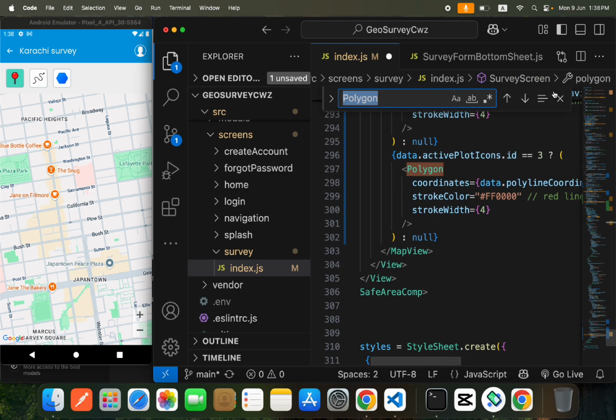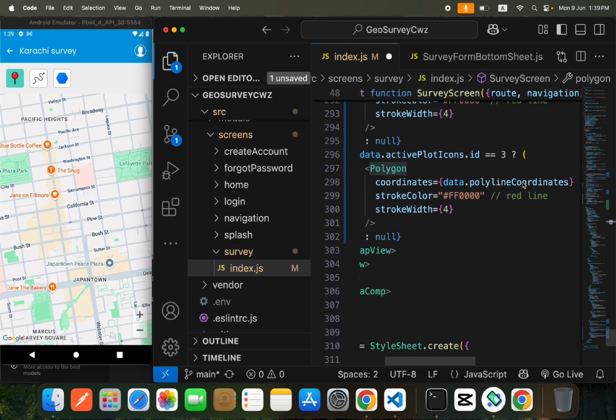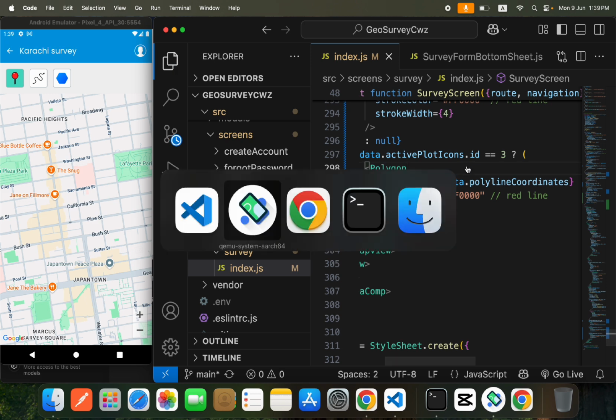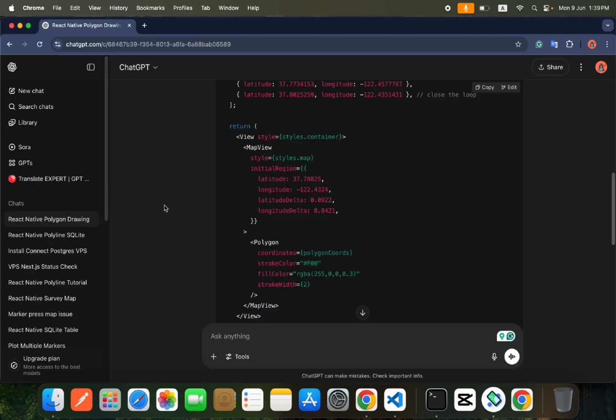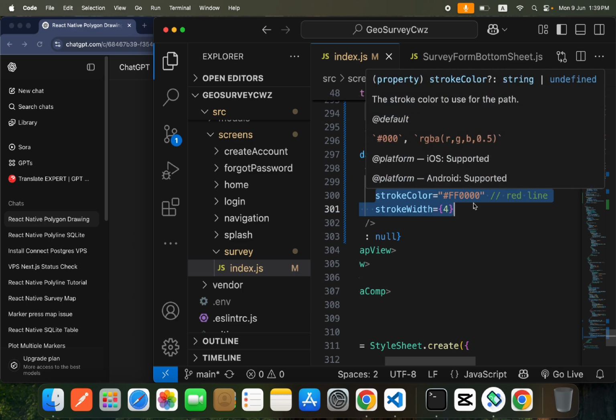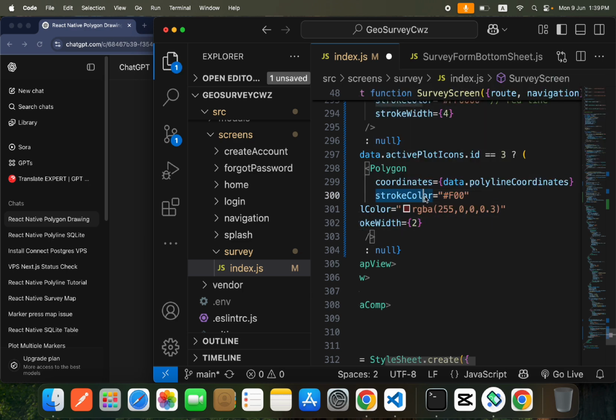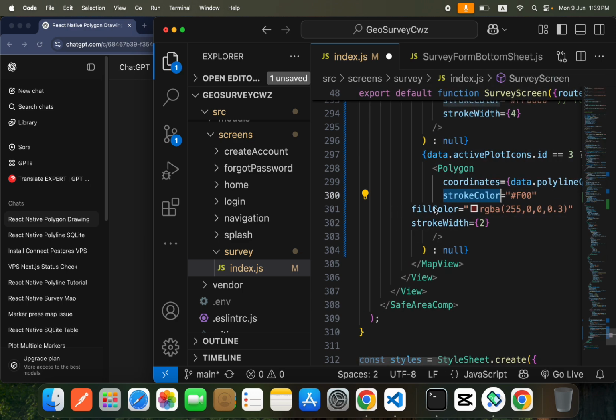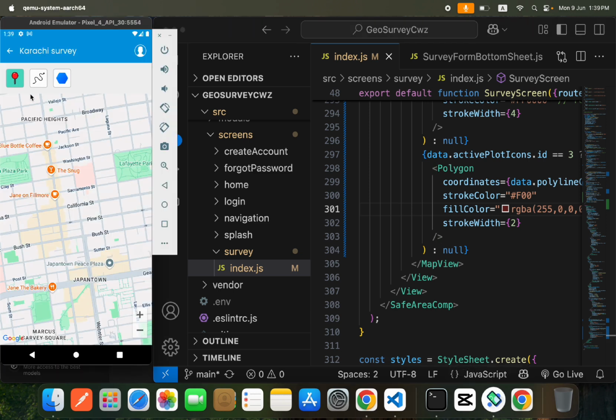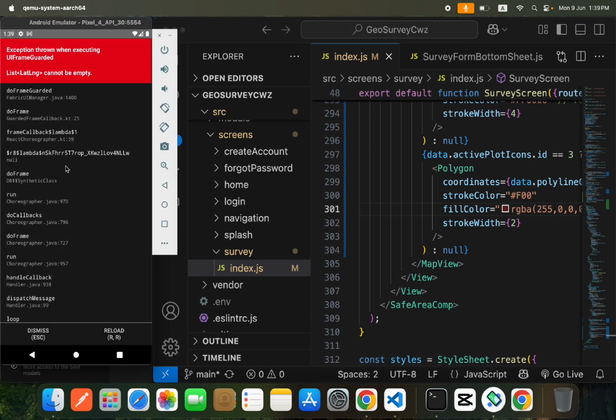Okay my friends, and we will provide the coordinates same as this. Okay, now save it. So let me check if we want few more properties. Yes, so I will provide these 3 properties to my polygon. So stroke color guys, and second is fill color, which means that inside your polygon what will be the fill color. So let's draw a polygon. So when I select a polygon, you can see